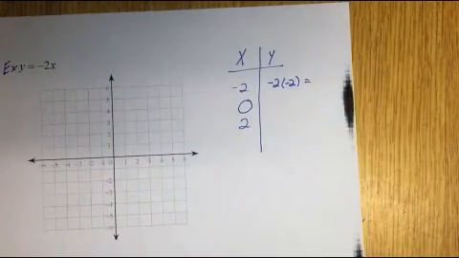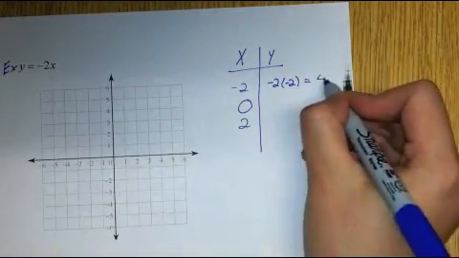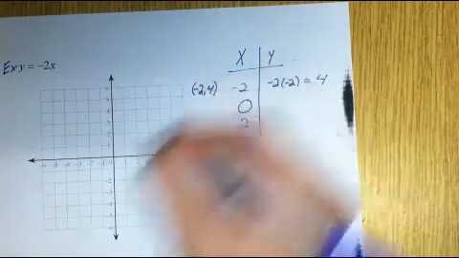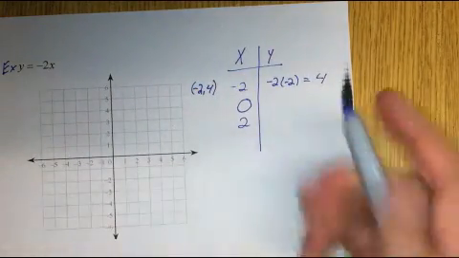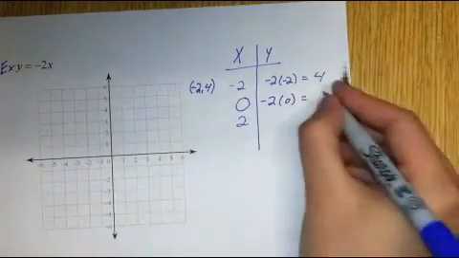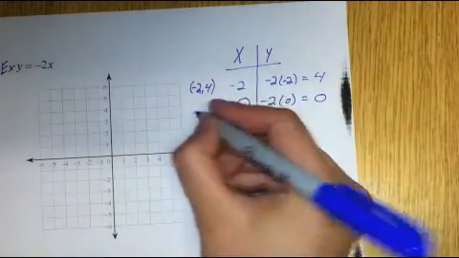What's that going to get me? Negative 2 times 2, negative 2 is a positive 4. There's my ordered pair. Plug in 0. 0 times anything is 0. Make your ordered pair,